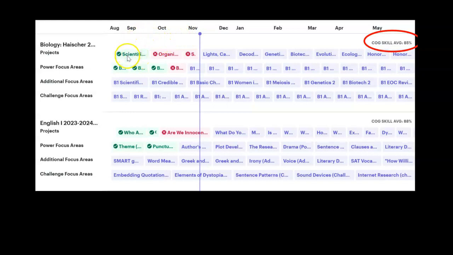So they got a B on this first unit, but they haven't completed their other units. So this 85 is not telling us the full story. All right, so now for power focuses, now that we've read through what the projects mean, let's look at the